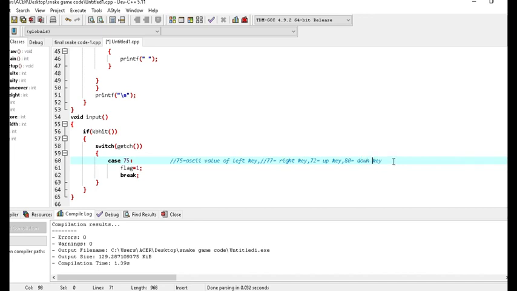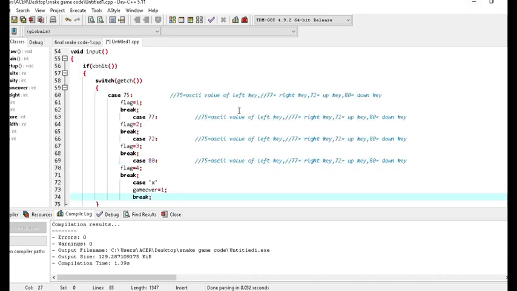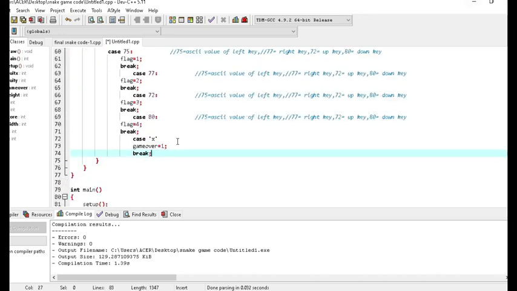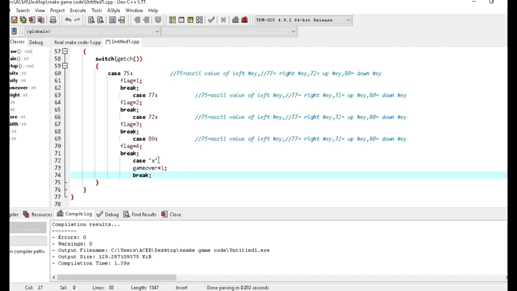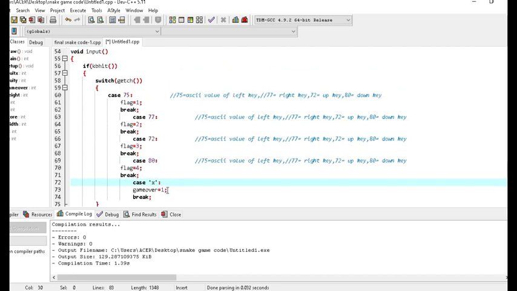So we are going to make use of these 4 keys to play our game. As you can see, I have even put a variable x here. What it will do is, if some user wants to quit the game from the middle, then if he presses X on the keyboard, the game over variable will be 1 and the game will immediately end.